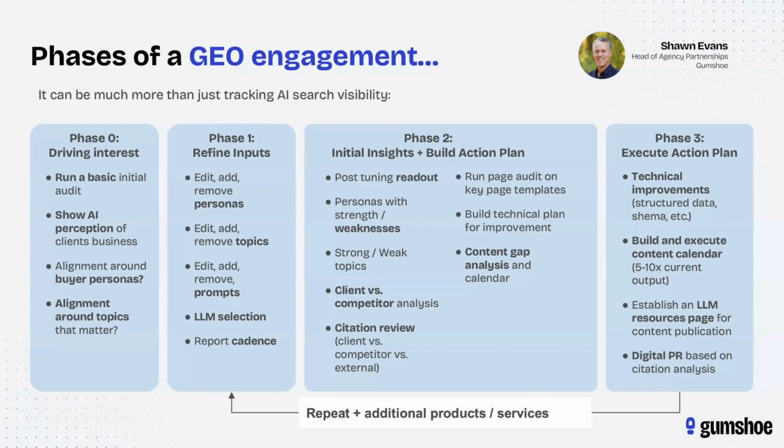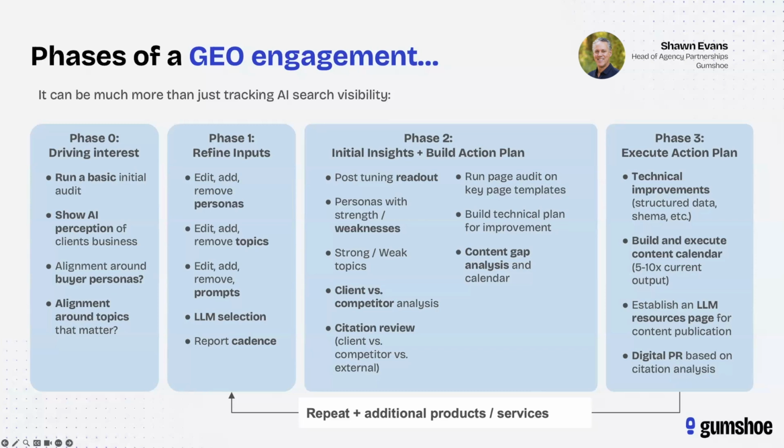But I think it's important to always run this first analysis and to really see how the brand shows up in AI across the different models today. This is a snapshot in time, but before you go and make changes to the personas and the prompts and everything else that you can customize, it's important to let the brand see how they are showing up today. These are the personas, or the buyers, that the models see as your key customers. This is what those key customers are searching for, or asking about. These are the topics that they're asking about. That's an important step one that you can have as the foundation.